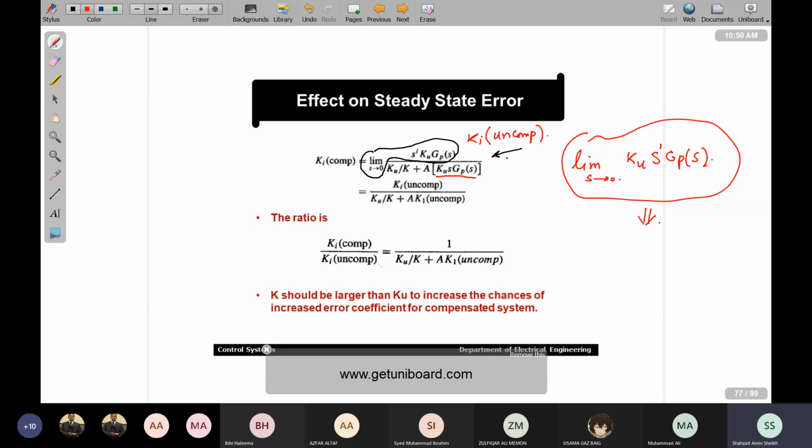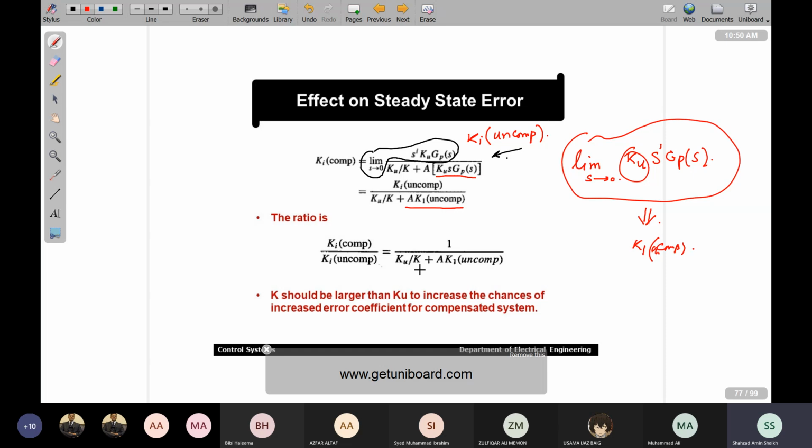सो इन फैक्ट दिस इज s^i, and so that would be K1, but that would be K1 uncompensated, because we are using Ku. So that is A K1 uncompensated, and this is the situation, and the ratio, we are interested in this ratio. So that would be equal to 1 over Ku over K plus A K1 uncompensated. And of course,